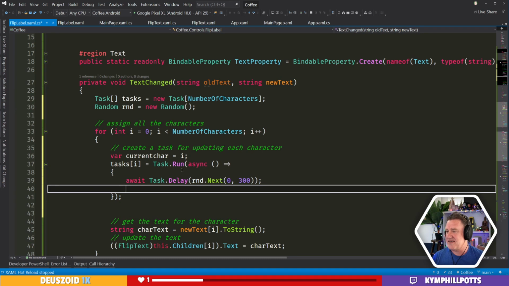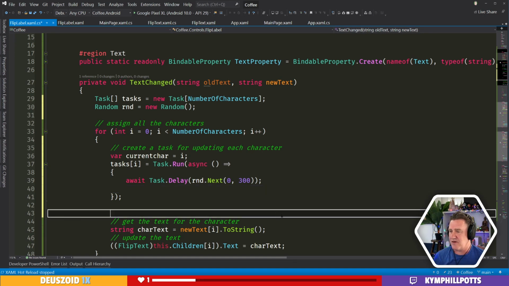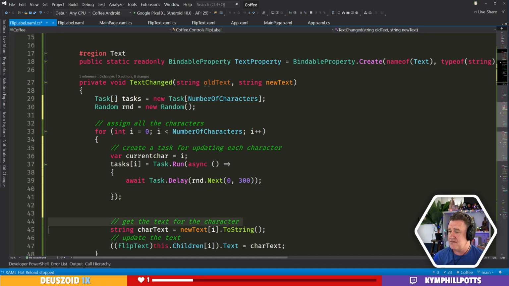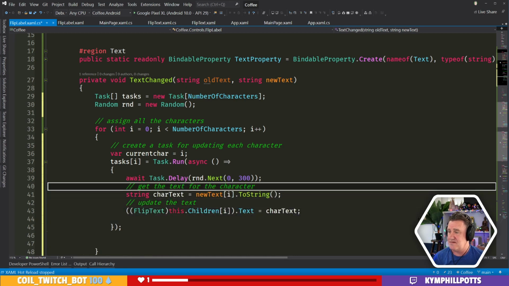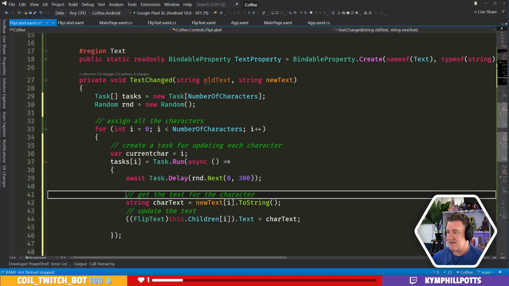So I'm creating a task. I'm going to make this delay for a little bit, and then I'm going to put this code in here. So we start a task. Each task does a delay for some amount of time.